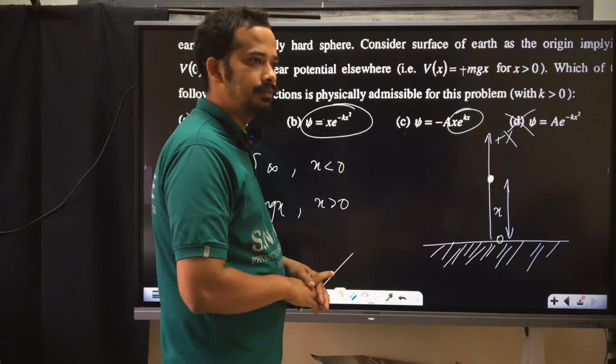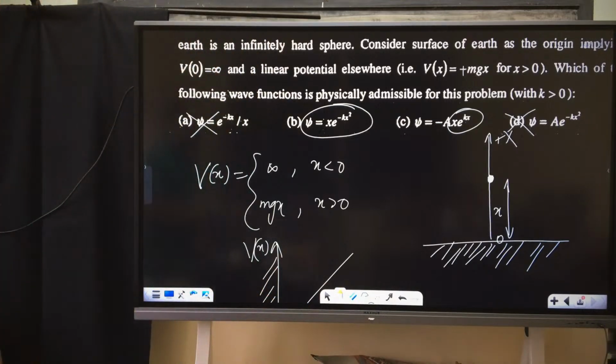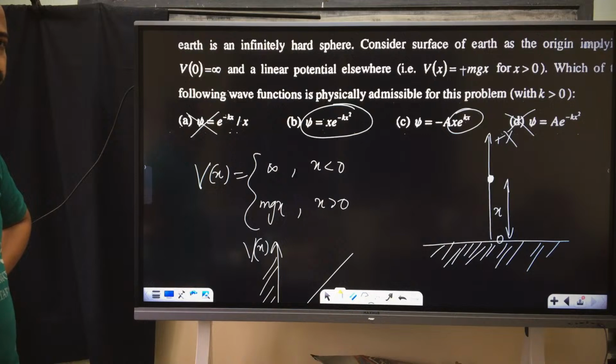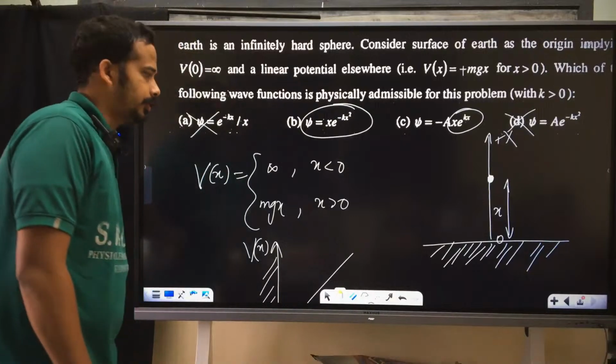But how do you get this? How do you solve this equation? This one we shall solve using the variational principle, an approximation method. Can you Taylor expand or something? Because it's an unknown potential. How do you Taylor expand? You have one side infinity. That boundary condition should be taken care of, isn't it? We have this problem in approximation methods.